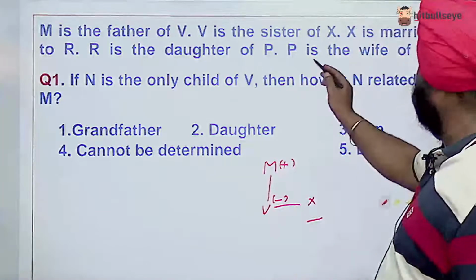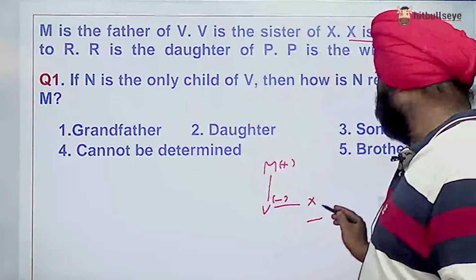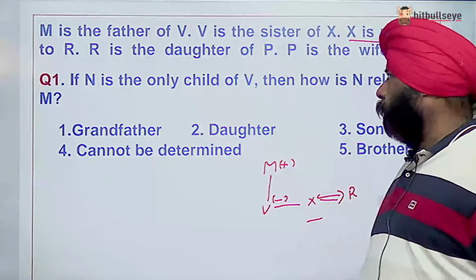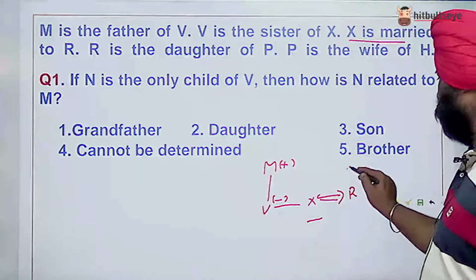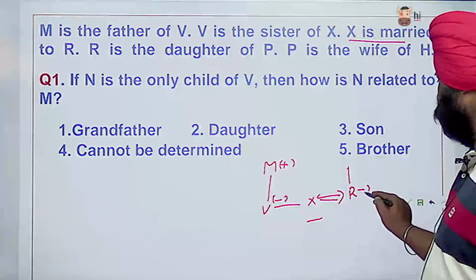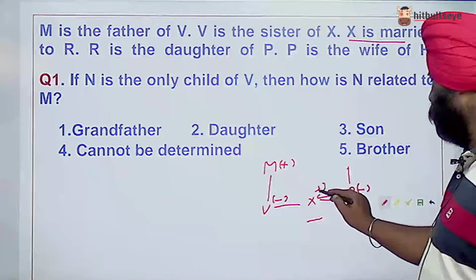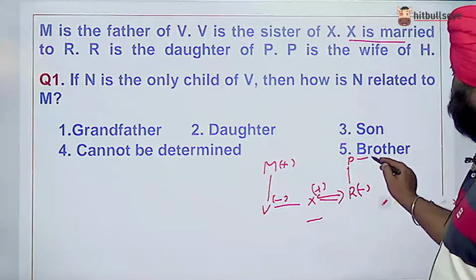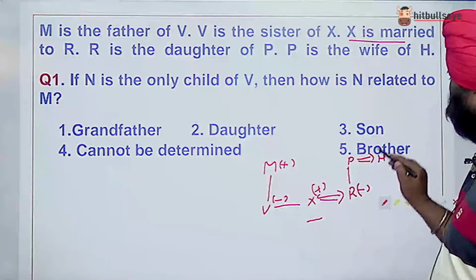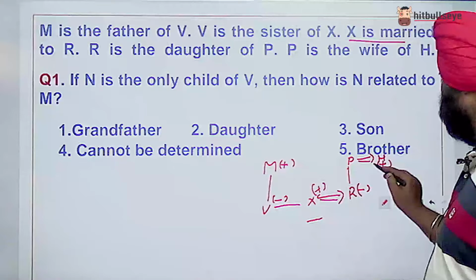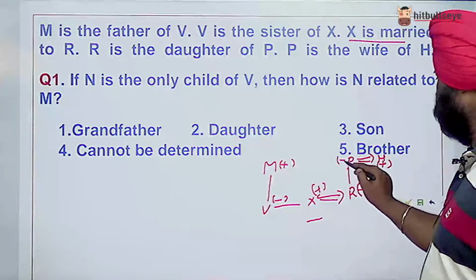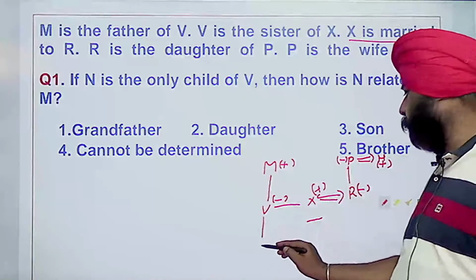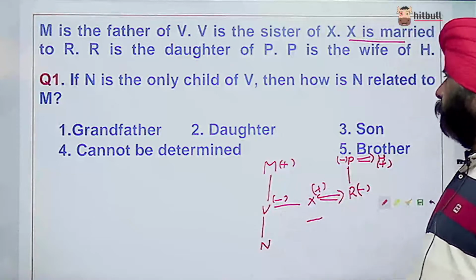The next information is X is married to R, so now, as said earlier, we have to take the double line. R is the daughter of P, so now the gender of R is known. Since R is a daughter, X has to be male. P is the wife of H, so P and H are couples, and couples are shown by a double line. H's gender is plus and P's gender is minus. Now if N is the only child of V, so N is this,